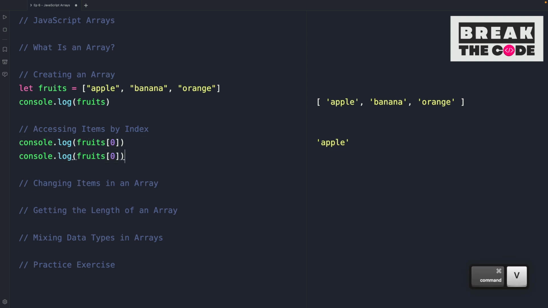If we want to access banana, now banana is at index, this is 0, 1, 2. So banana is at index 1. So if we do 1, we will get banana. So that's how you access items in an array using their index, starting always with 0, because like I said,